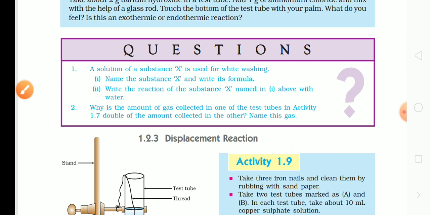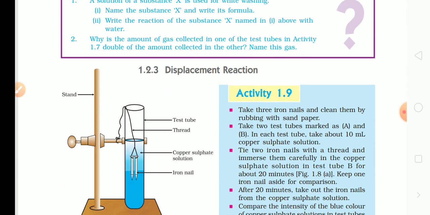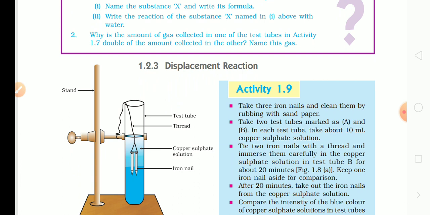Okay, now look at the next one. It's the next type of chemical reaction. It is the third type of chemical reaction. It is displacement reaction. What is the meaning of displacement? Displacement means, yeah,